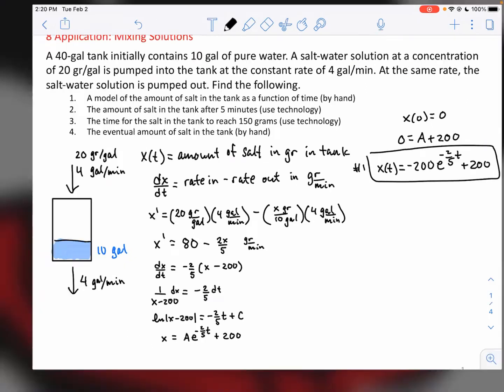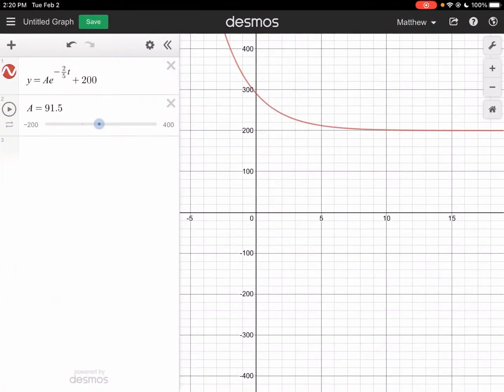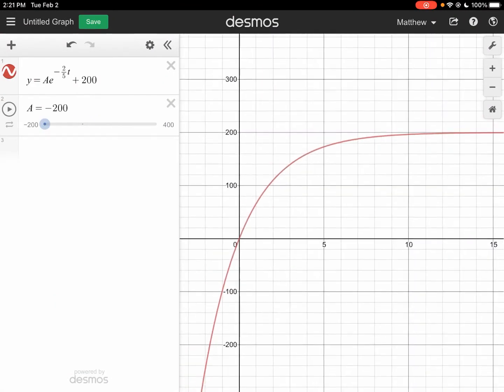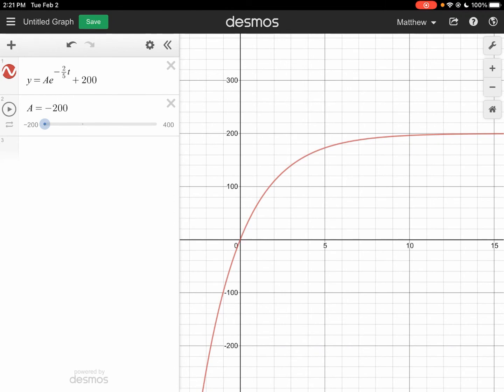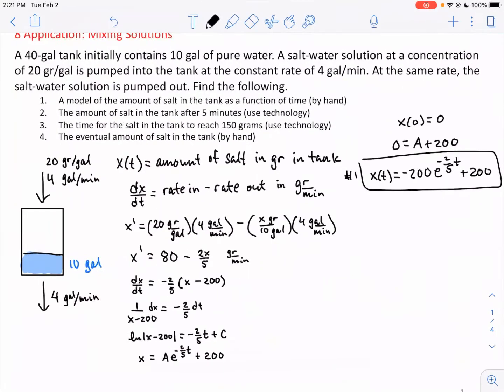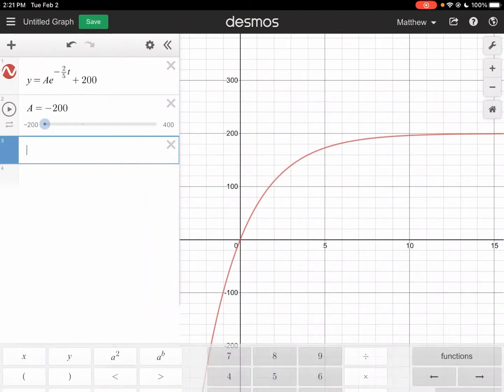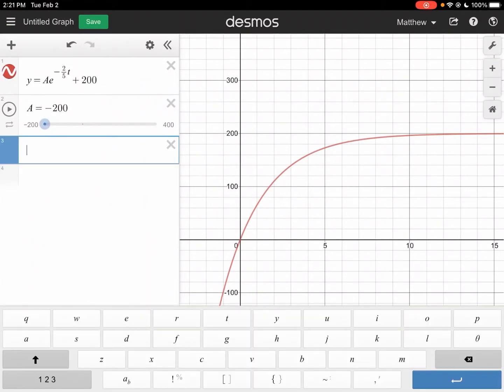Now, let's go back to our model over here and let A actually be negative 200. And so here's the model of how much salt is in this tank as time elapses. Notice it's approaching 200 over time. Now question 2 I'm looking at next. The amount of salt in the tank after 5 minutes. Use technology. So I'm going to make a vertical line, x equals 5,